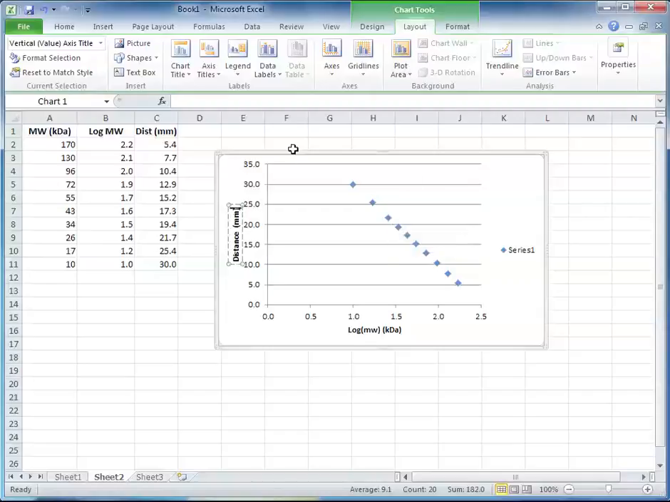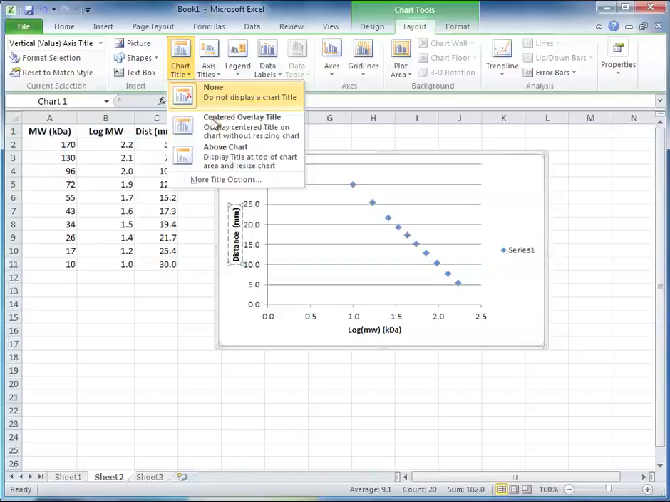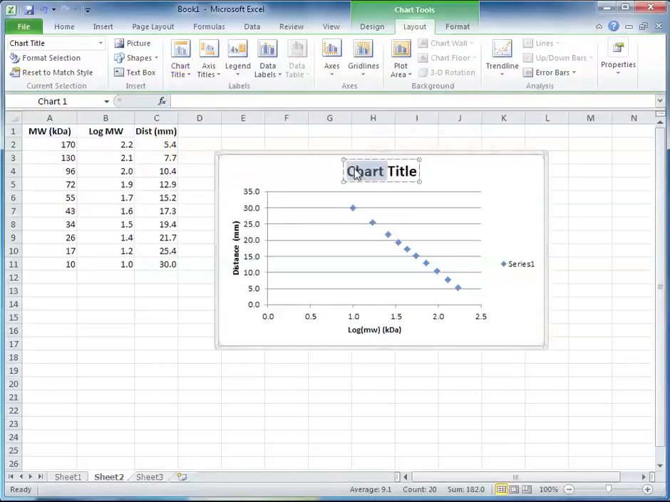Then we could put a title for the entire chart if we want to. We have different options for that. We could do it above the chart, which I tend to prefer, and then we'll just call this our standard curve. And usually you want to be a little more creative, so that it tells you what it's a standard curve for. Standard curve for, say, it could be a particular experiment. I'm going to say for